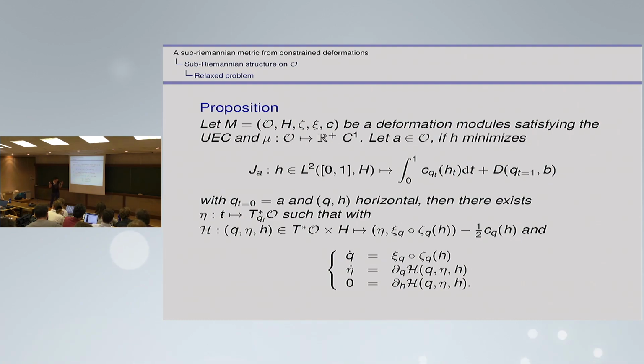So here we built a structure that is called deformation modules that allow to build a nice sub-Riemann structure on the set of geometrical descriptors, so that the geodesics characterize how easy it is to go from one point to another by taking directions that use only the prior that we have. So if we know that we have contracting field, we use only this type of behavior, and we can measure how easy it is to go from one point to another using only this kind of behavior.